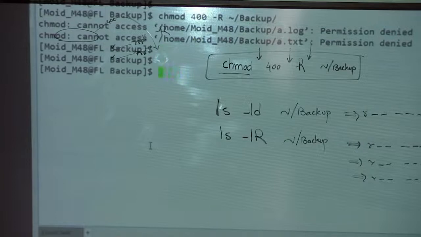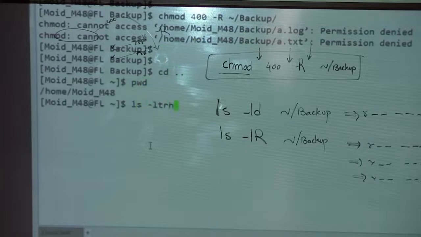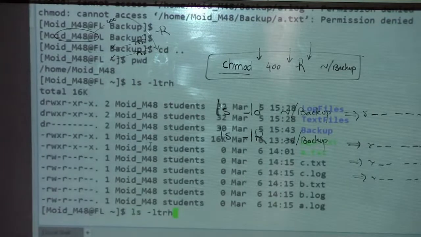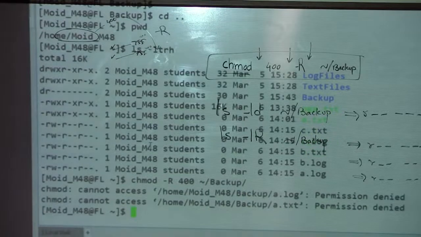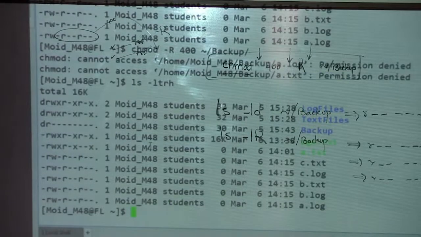Let's go inside, or actually, I don't think it's changing inside. I think it's just changing the directory, yeah. But I said recursively, so it should have changed the permission. I am thinking I may have to use the -R in the beginning here. Okay, so now if I say ls -ltr, the backup has just the read permission, and then